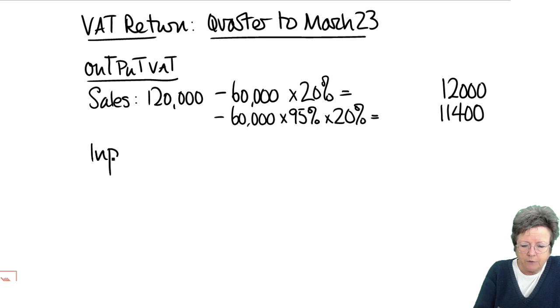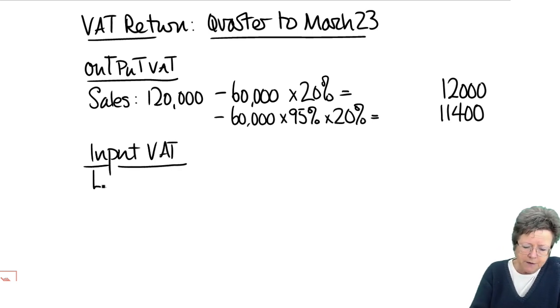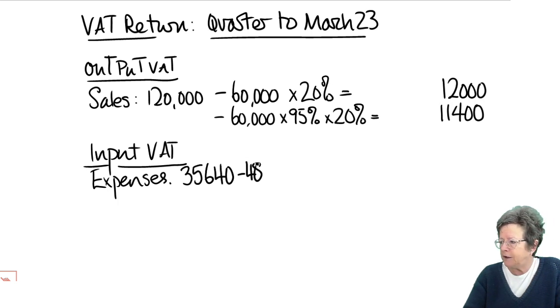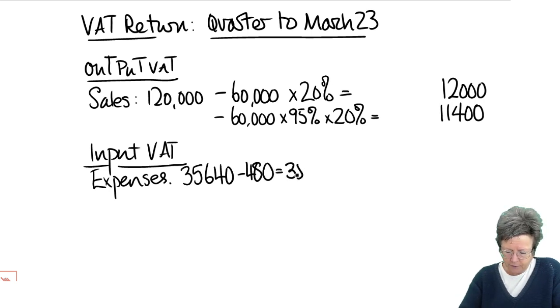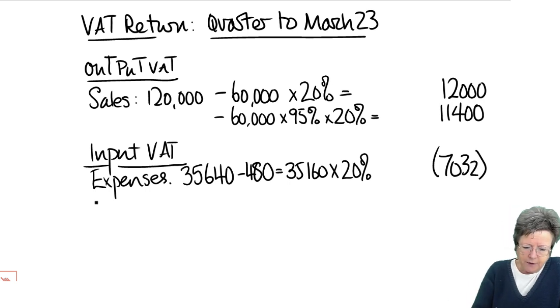Okay, let's have a look at the input VAT. These are in this order because this is how they look on a VAT form. We got some expenses, if you remember. There was 35,640, but 480 related to entertaining, so we have to deduct that because you can't have the input VAT recovered on that at 20%. It's 7,032. Now we had irrecoverable debt